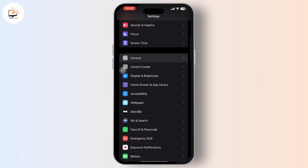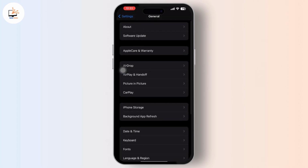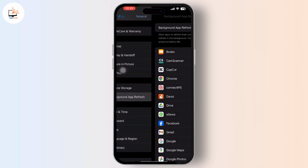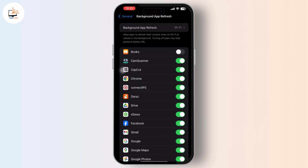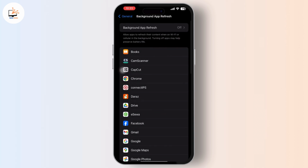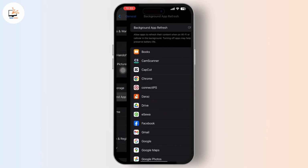Inside General, scroll down and tap on the Background App Refresh option available there and make sure that it is turned off. After you turn off Background App Refresh, go back to the Settings again